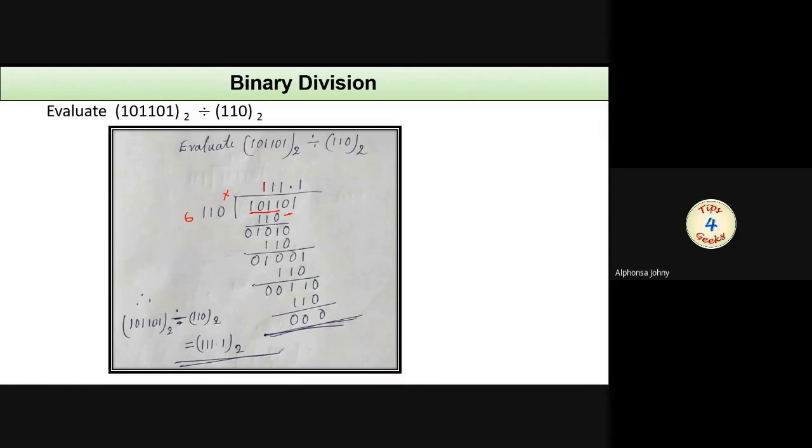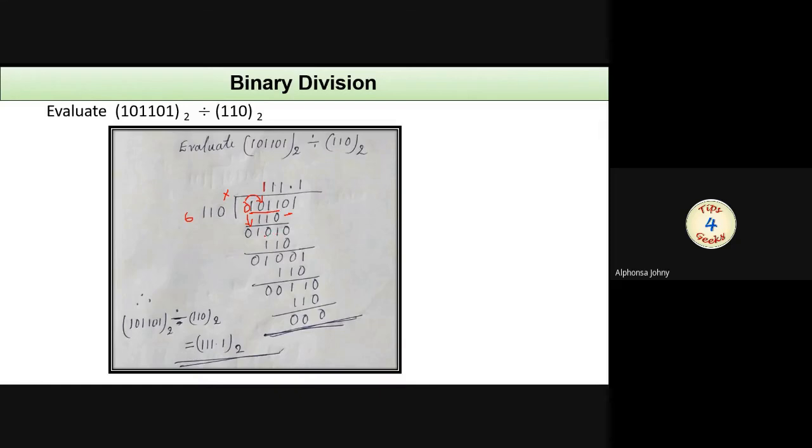So what is 1 minus 0? Using the rules of binary subtraction that we have already studied, we can perform this operation. What is 1 minus 0? The answer is 1. Then 1 minus 1, 0. Then 0 minus 1, it's not possible since 0 is less than 1. So we are transferring or borrowing 1 from next higher bit position to here. So it will become 1 0 here or 2 here and 0 here. Here is 0 only. Then here 1 0 or 2. 2 minus 1, the answer is 1 and this 0 is copied to this position. So we will get the result as 1 0 1.